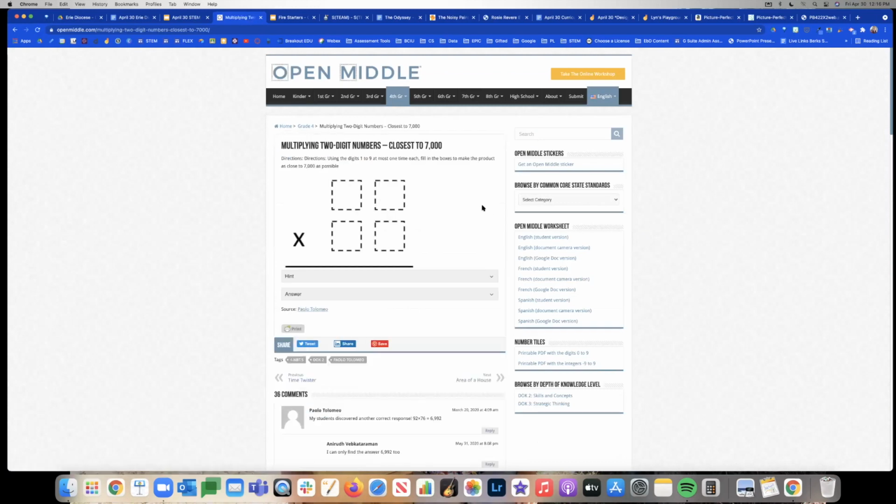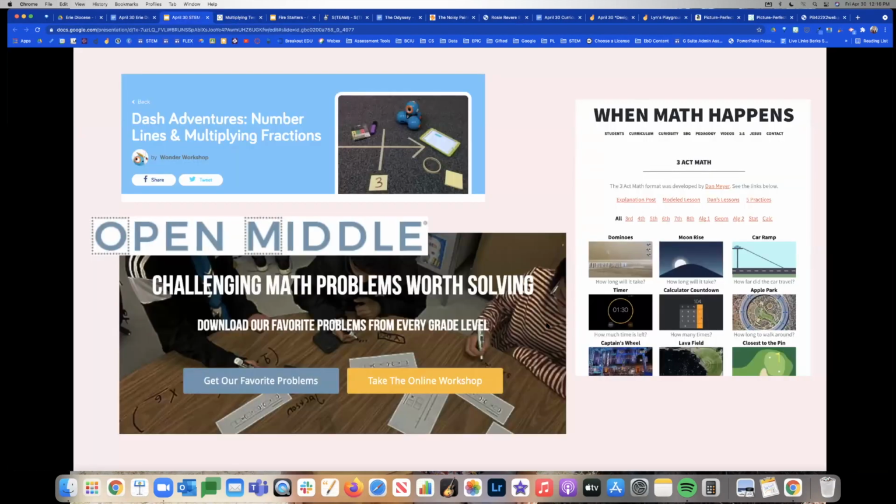So I would give him something like this: use the digits 1 through 9 at most one time each and fill in the boxes to make a product as close to 7,000 as possible. And these are just fun things where kids are like, oh. At first it was very frustrating for him because he was just used to doing math, just used to following the steps, and the thinking part of it was a bit of a struggle. So I love open middle, and definitely share that with your math teachers